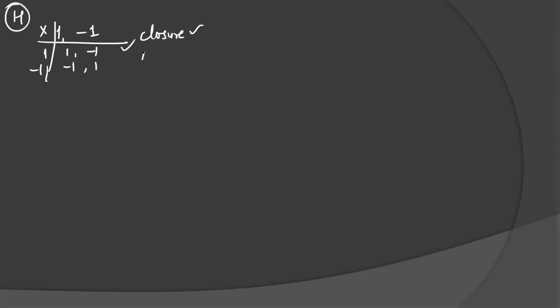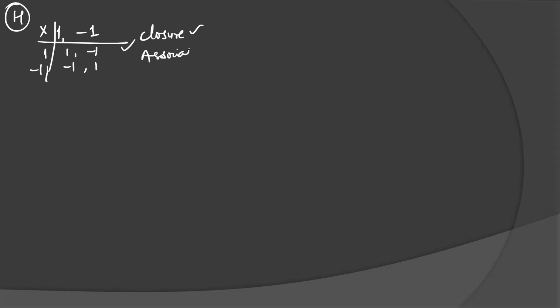We can check it. 1, minus 1, make a table. If you multiply 1 times 1, 1 times minus 1, minus 1 times minus 1, you get 1. So it is closed, because we have to check that H also satisfies the group properties. We are checking for H here. It's closure because every element stays inside only.